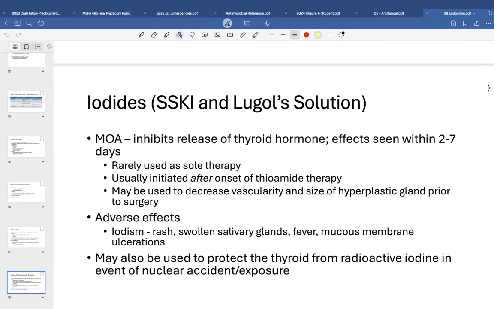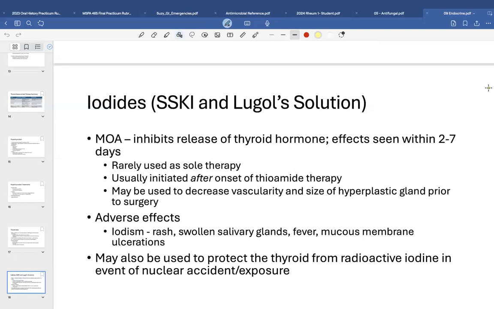All of that is what the thioamides affect. What the iodides will do is separately inhibit the release. Existing thyroid stores are not affected by the thioamides, but the iodides basically block those existing stores from being released, which is why they have a role, at least in the short term,